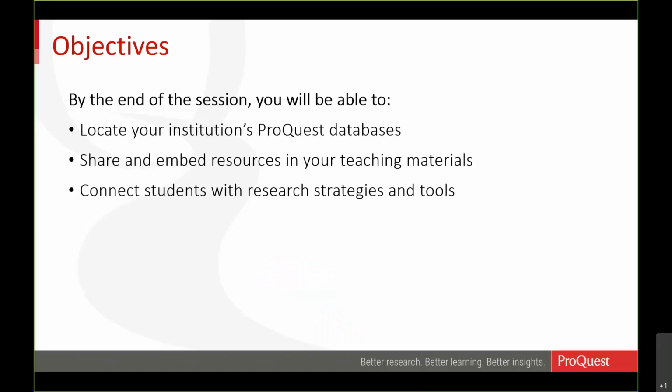Okay, so I have a few objectives for today's session. I know that our audience varies widely. Some of you may have a fair amount of familiarity with the Proquest platform, while others may find this information completely new. So the intention behind this session is to support faculty who find themselves needing to integrate content into an online learning environment and find themselves wearing a librarian hat to a certain extent when it comes to making